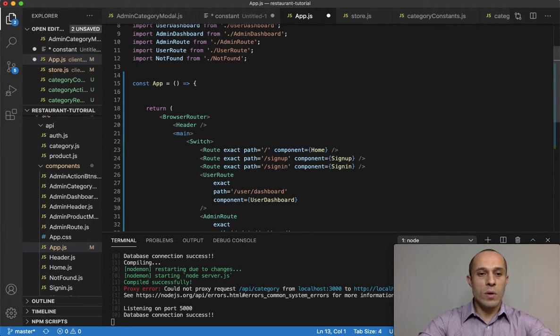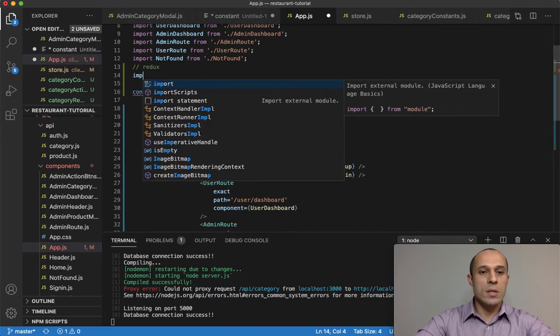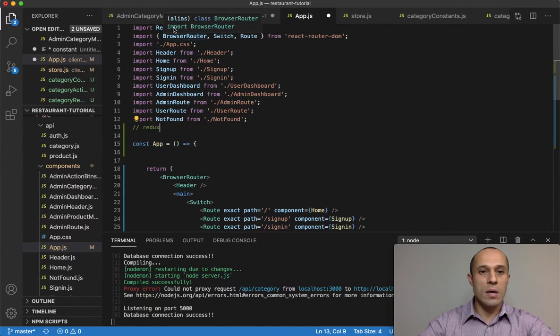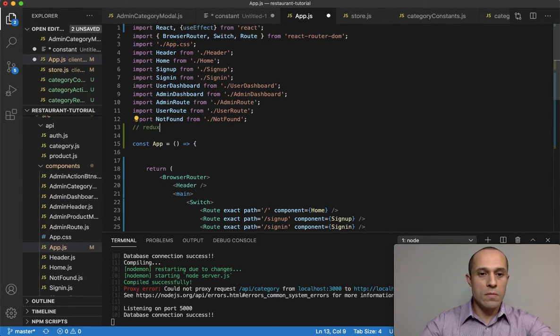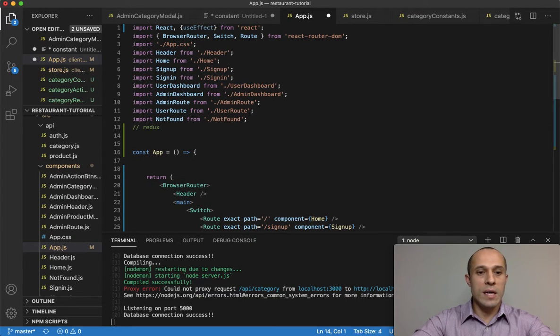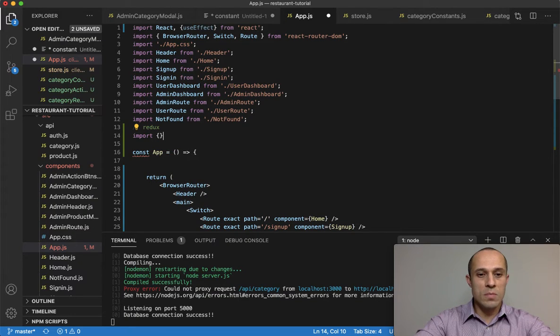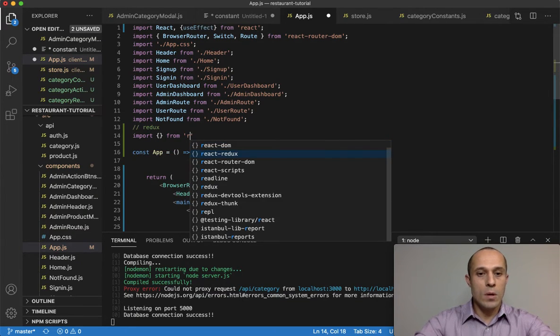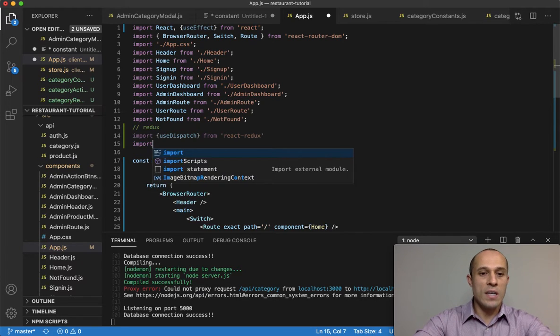But before we do that, we're going to have to import some stuff here. I'm going to add a note here for you that we're using some Redux here. We're going to need to import, actually before anything, over here, I'm going to have to import use effect from React. And then for the Redux, we're going to need to import that get categories. We're going to have to import use dispatch, and that's going to be from React Redux. So here use dispatch, and then import our action function,